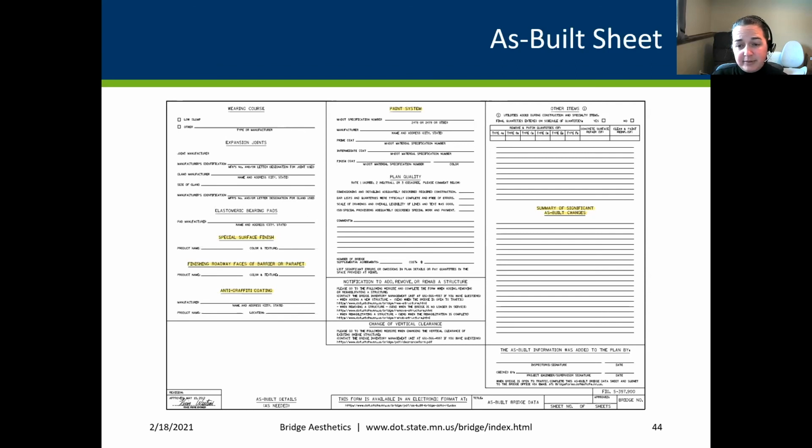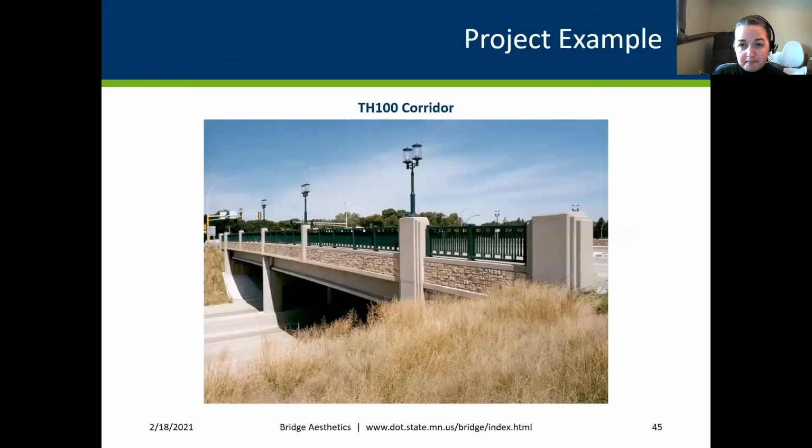Sometimes changes happen in construction, and we want to know that because it'll just get lost, and then we'll go in with a project 5 years later and have no clue what they did on that other bridge, and we're trying to match it, and now we have to take more time. We might have to travel to that structure to figure it out. So definitely having these things filled out is a good thing. I'm going to go through some project examples and tell you why we did what we did and how this works.